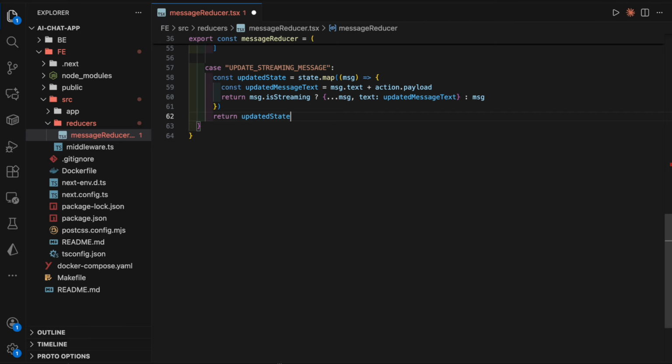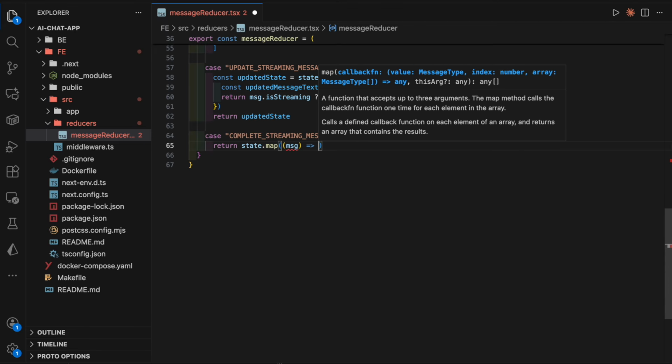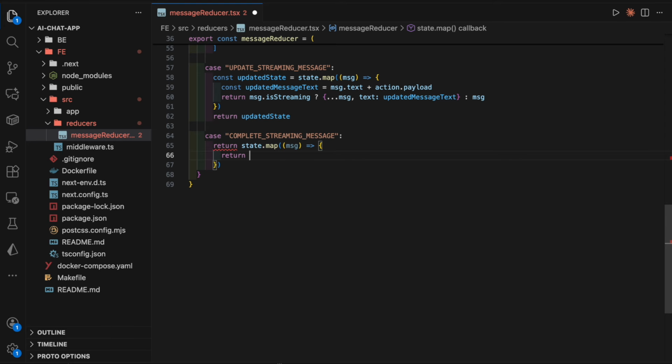Next, we'll handle our complete streaming message case. So this will mark streaming as complete and set the final text and metrics. So underneath here, I can say case complete streaming message. And again, here, I'm just going to say return state.map, take the message. And here again, we will return based on if the message is streaming or not. So message.isStreaming. If it is streaming, again, we'll update the new text. We will firstly spread in the message,